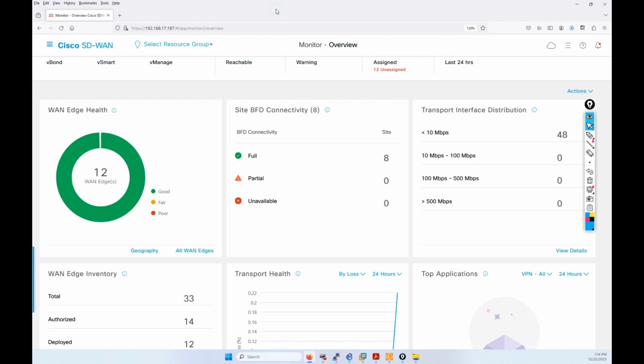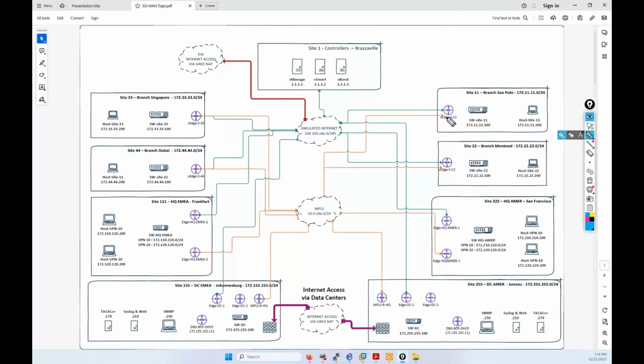In the previous session we went through the deployment of the transport VPN. In this session we're going to take a look at the service VPN, and before doing that let's go back to my topology. The transport VPN, as we saw in the previous session, is the VPN that's